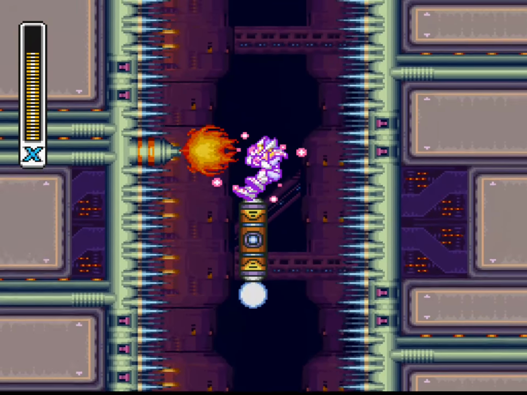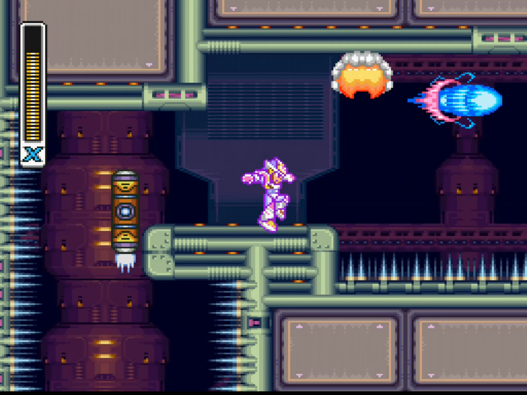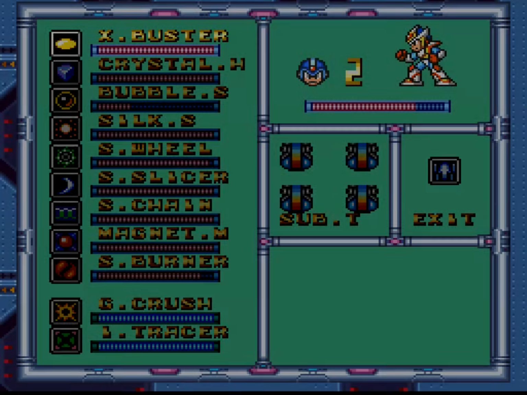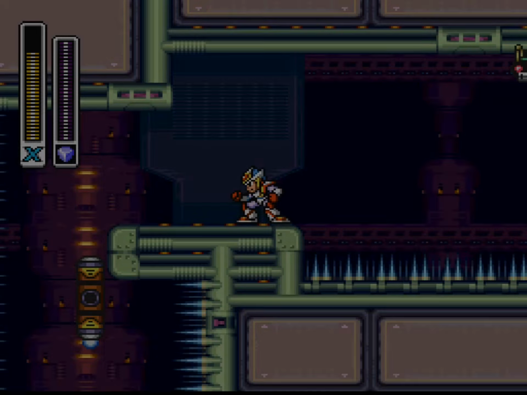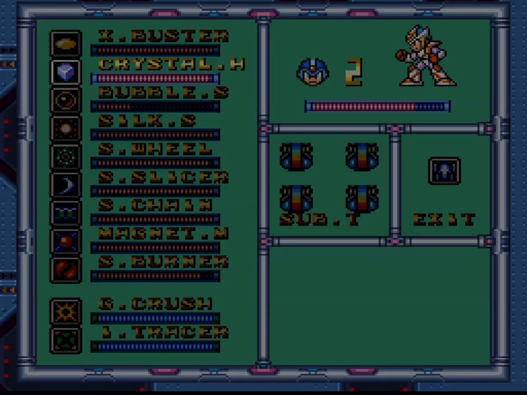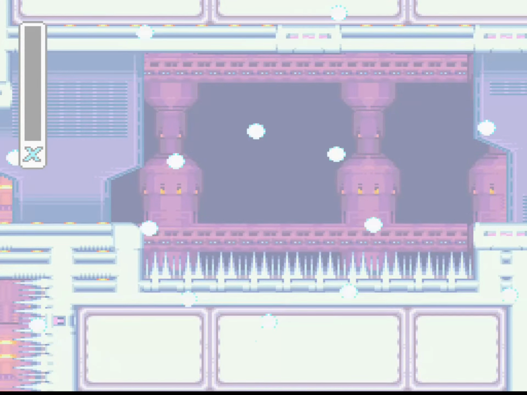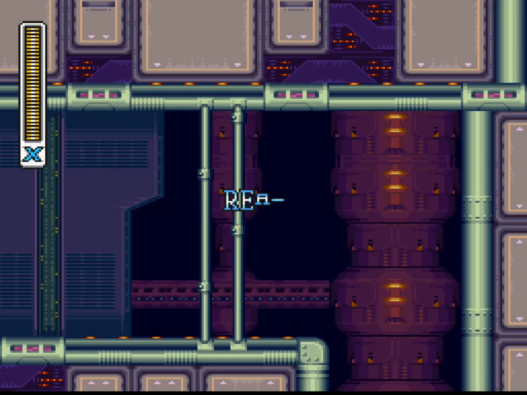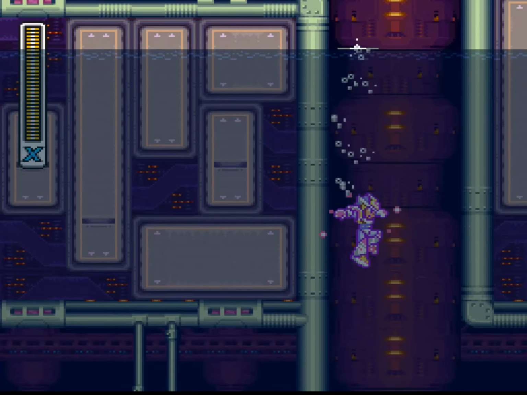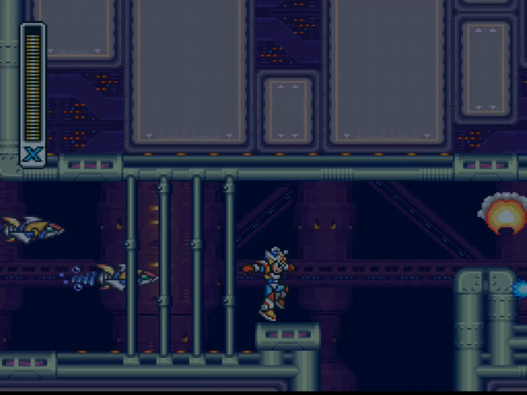I actually wonder whether the bubble splash would actually be able to save you there. You could also kind of climb on the side, but meh. Guess you can probably do with just the crystal hunter. Just go like this and... oh my god. Well, not my proudest moment. As I've said, I hate that fortress. You little...